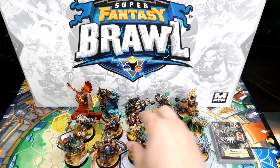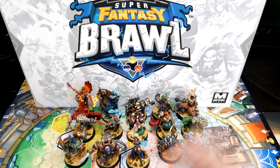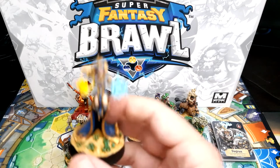So, moving on from that. Oh, now I'm completely forgetting this character's name. I have to go looking. So, talking about Corvash. Oh, there we go. Gwian. She's a wizard type, fire and lightning type wizard